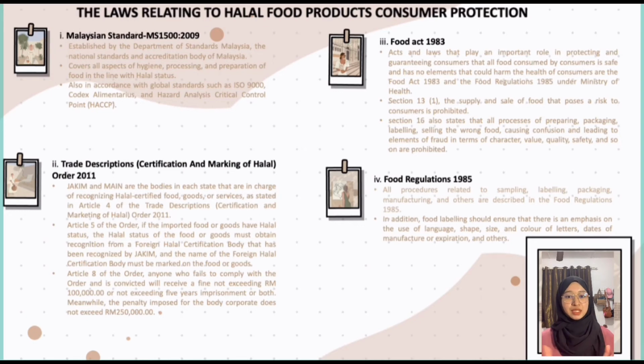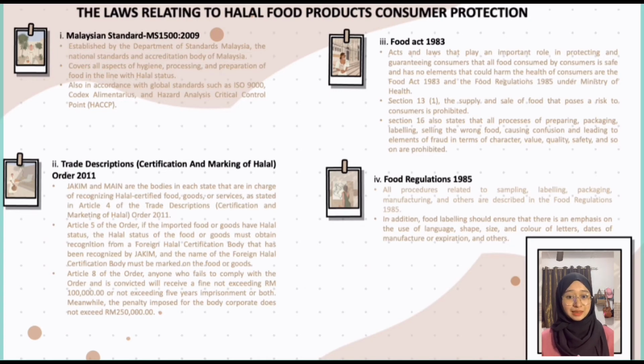Second, Trade Description, Certification and Marking of Halal Order 2011. JAKIM and MAIN are the bodies in each state that are in charge of recognizing halal certified food, goods and services, as stated in Article 4 of the Trade Description, Certification and Marking of Halal Order 2011. Furthermore, food, goods or services cannot be certified halal until the following conditions are met. First, obtain approval from the relevant bodies, namely JAKIM or MAIN, and have a halal logo that has been approved